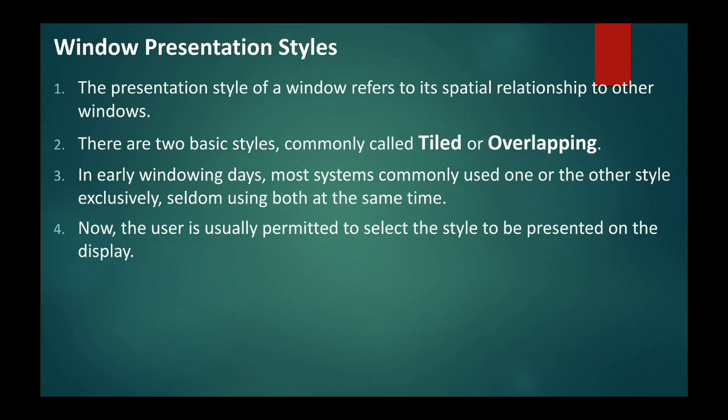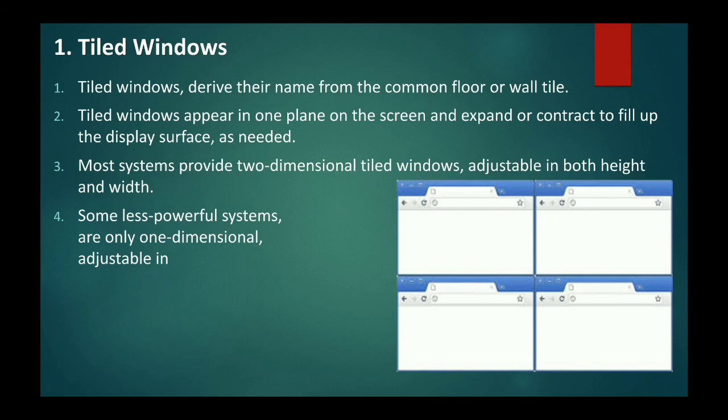Let us start with the first one, that is the tiled window. As you can see in the diagram, given the size of the screen, we have presented four windows in a single screen. This kind of presentation is called the tiled window. If you have seen in our homes, when we construct a home we put tiles, one after another. On the right hand side the second will be there, so the border will match, the design will match, the pattern will match. In the same way the tiled windows are managed.